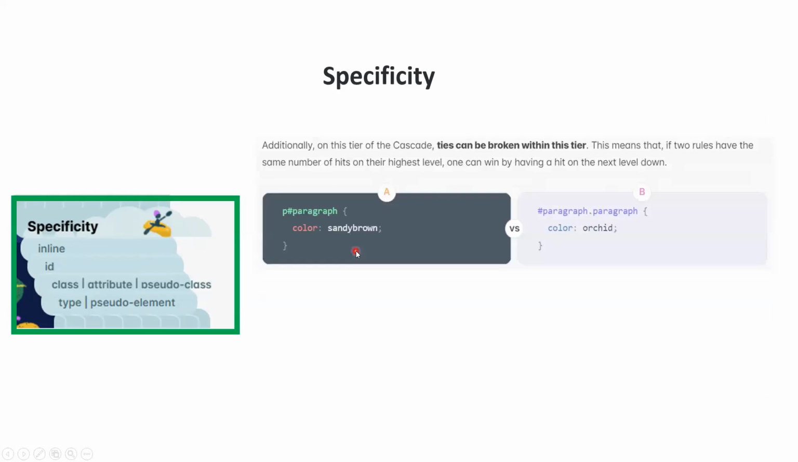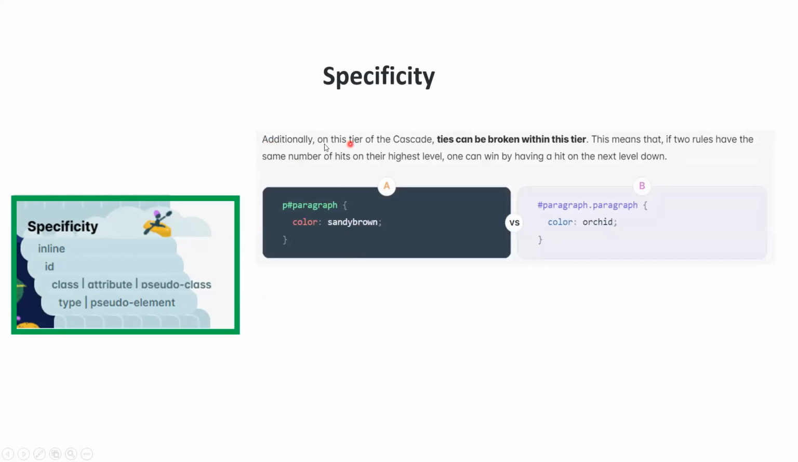For example, on this tier of the cascade, on this level, ties can be broken within this tier. This means that if two rules have the same number of hits on their highest level, one can win by having a hit on the next level down. Okay, so in these two options, we see